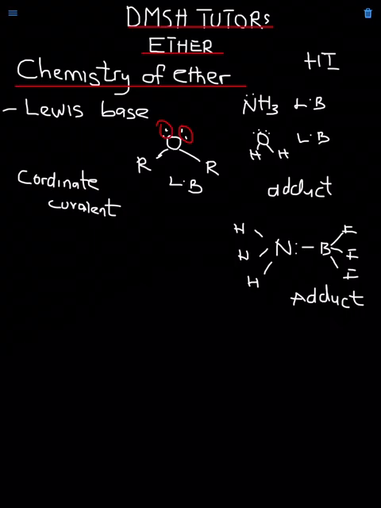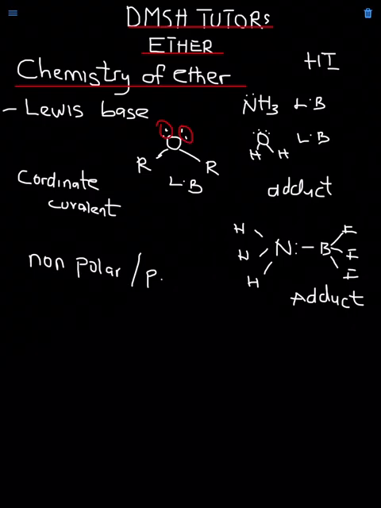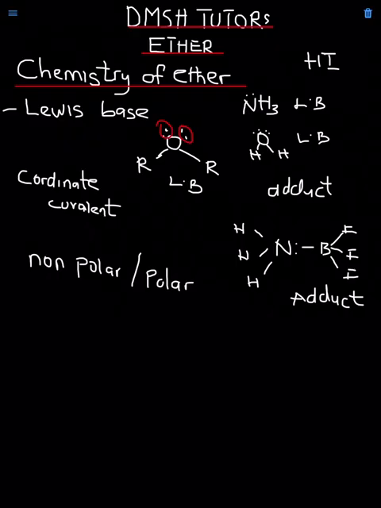Now, about the chemistry of ether. Another interesting thing about the chemistry of ether is that ether is used as an organic solvent. It can dissolve both polar and non-polar compounds. Ether is not very polar, and it is not non-polar either. So ether is between polar and non-polar. Ether is non-polar, and you can also say it is polar to some extent, because what makes ether polar is the presence of the oxygen.